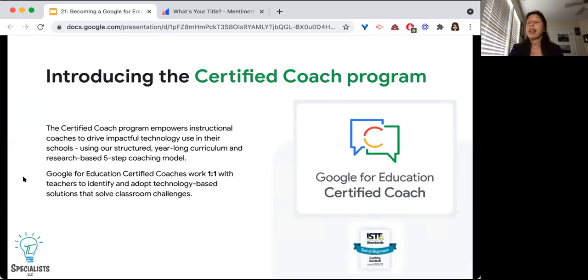Okay. Another good thing to know about the program is that it has the ISTE seal of alignment. Whenever you see programs that have the ISTE seal of alignment, it means that they have the ISTE seal, but it also means that there are some ISTE standards and tools and things of that nature that are embedded in the program as well. And you won't see that in this presentation specifically, but you will be able to see that in the curriculum, especially when it comes to building a PLN, which we're going to have some time to explore today.